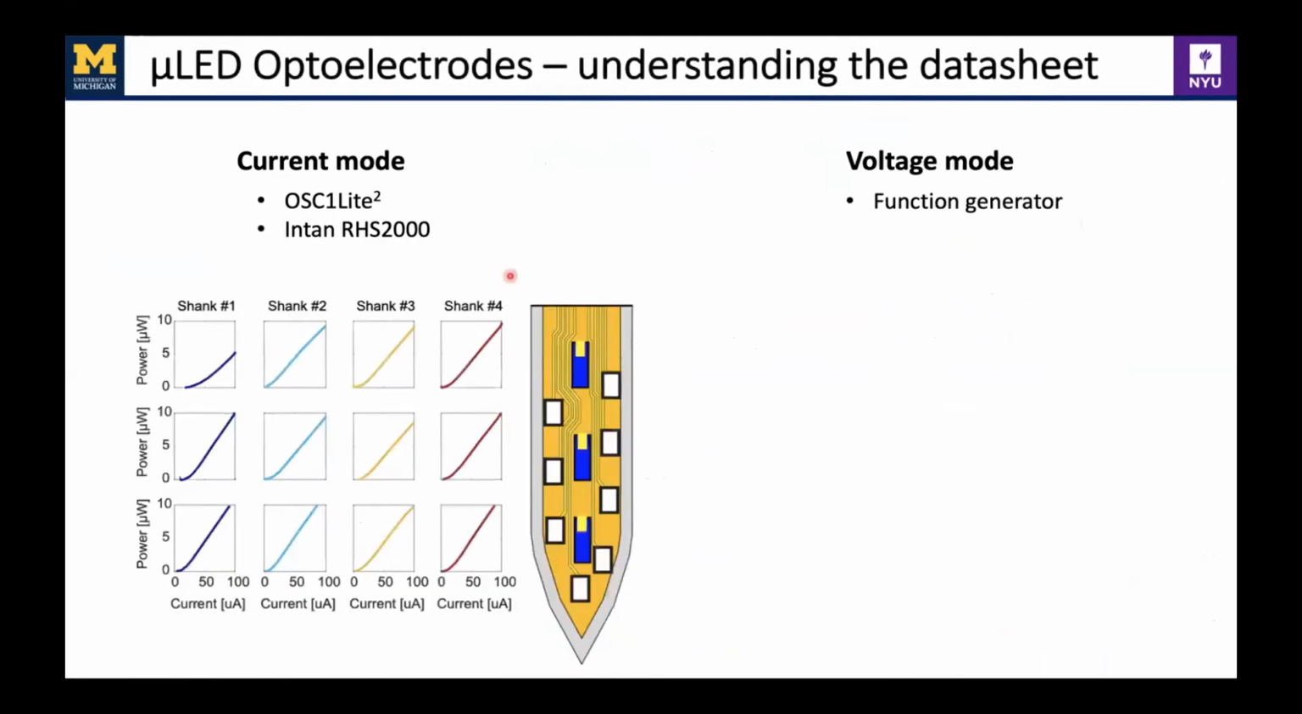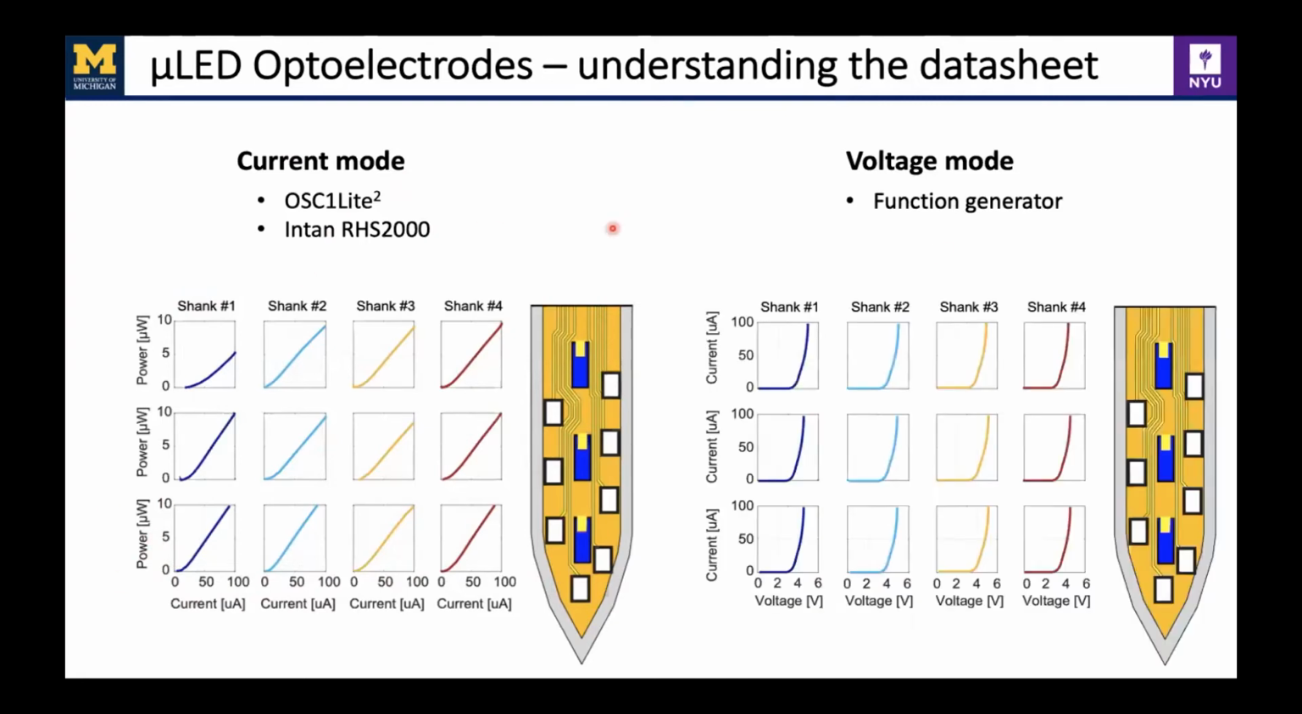The reason current mode is the preferred operation is that if we look at the current-power relationship of each individual micro LED, here you can see 3 LEDs for Shank 1, Shank 2, 3, and 4, it's basically a linear relationship between the applied current and the output power of the micro LEDs. However, if you don't have access to a 12-channel independently controlled current source, and current stimulation can be more